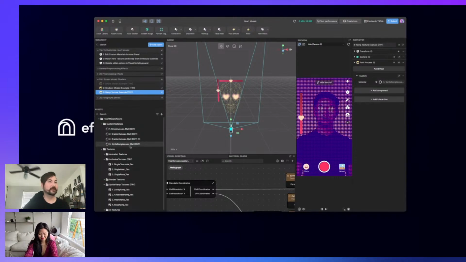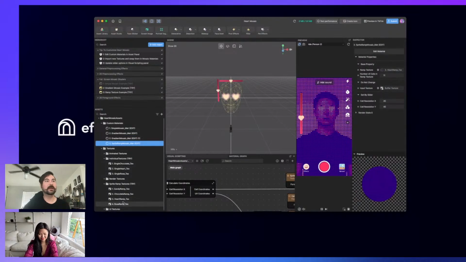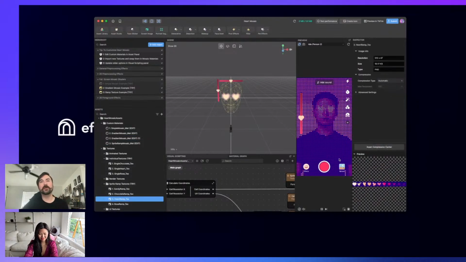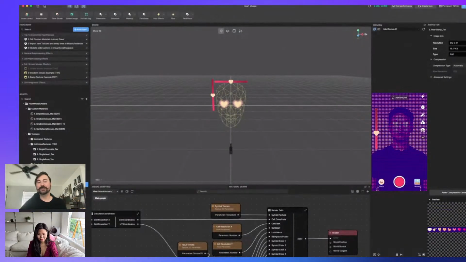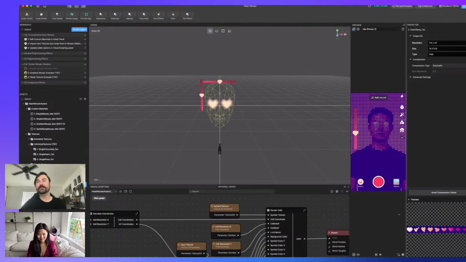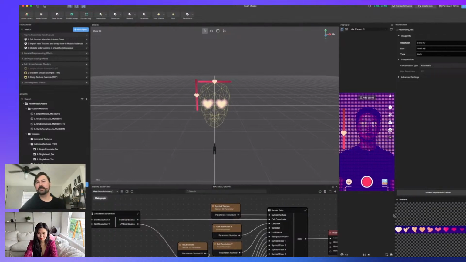So if you were to make this exact thing, you would take a look at some of these ramp textures down here. The heart ramp is the one we're using. And I'll just full screen, so hopefully we get a little more screen space. This texture here shows a very bright heart on the left and a very dark and small heart on the right. Now, the one on the right is my heart. No, I'm just kidding. The dark small heart is the size and the color both help make it a little bit of a darker color.